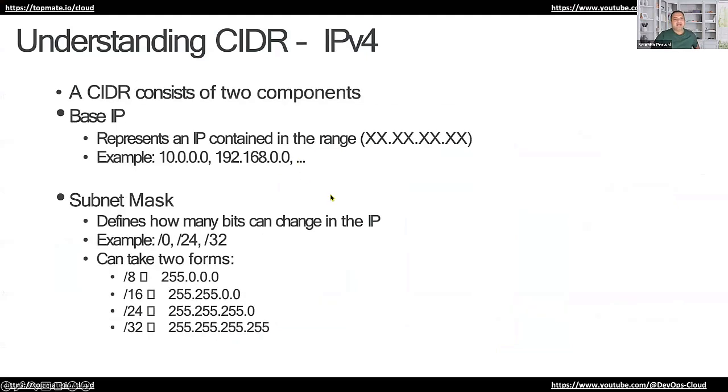A CIDR range consists of two components. The first is your base IP, for example, 10.0.0.0. And there's a subnet mask. The subnet mask defines how many bits can change in the IP. So, for example, a subnet mask of 32 would correspond to there being only one IP address which can be allocated. Now, how it works is